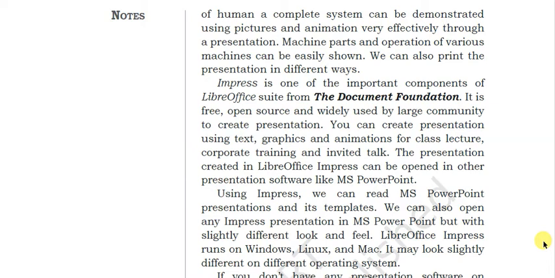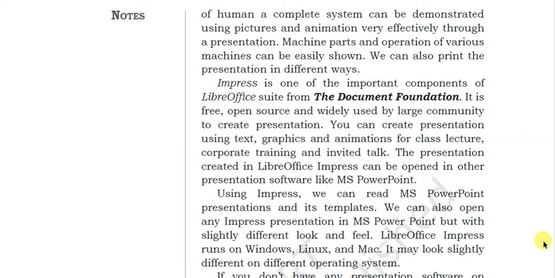So suppose you have invited a person to give a talk in front of some students. So he will always be equipped with a presentation, and whenever he joins you, he will present that presentation in front of you so that all his views are conveyed effectively.